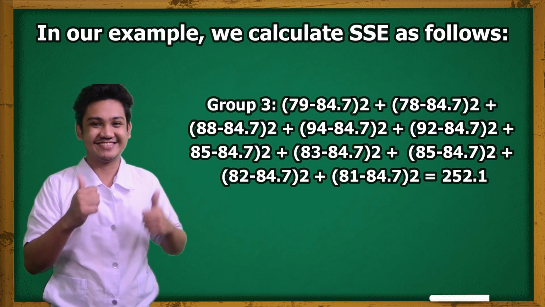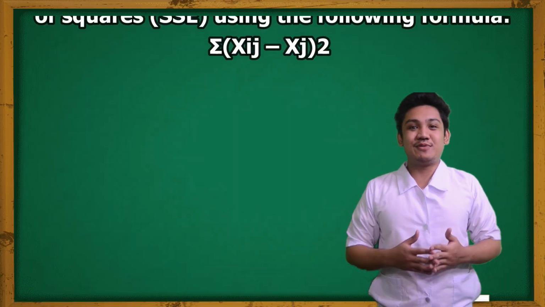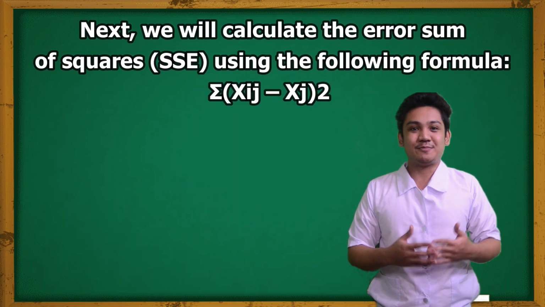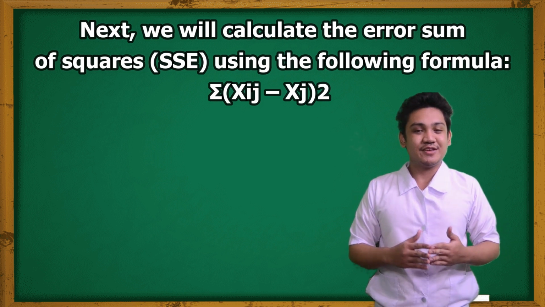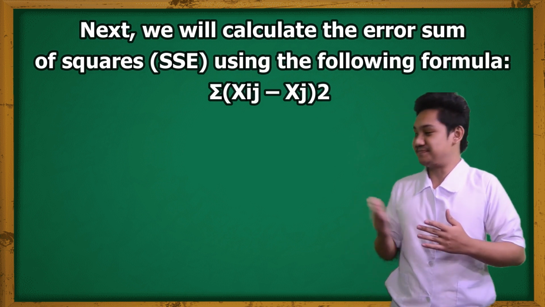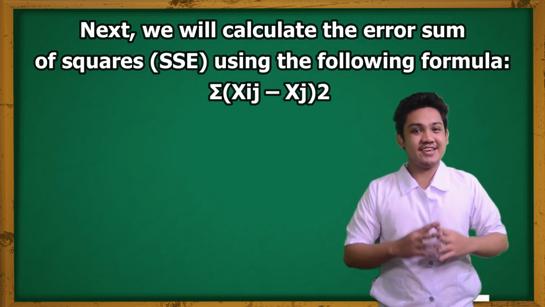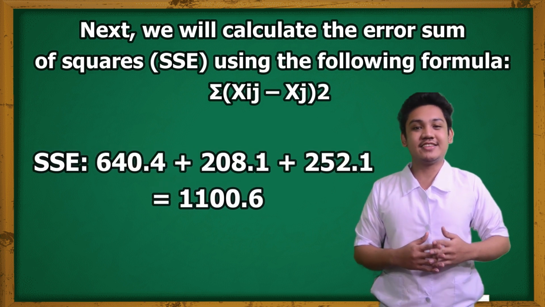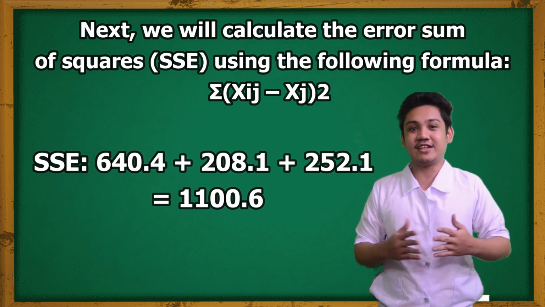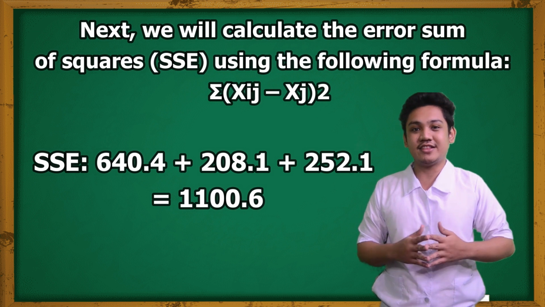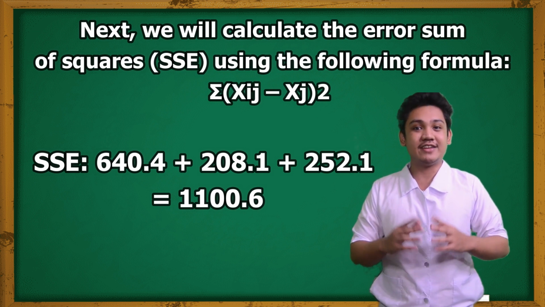252.1. And next, we will calculate the error sum of squares or SSE using the following formula. SSE is equal to 640.4 plus 208.1 plus 252.1 is equal to